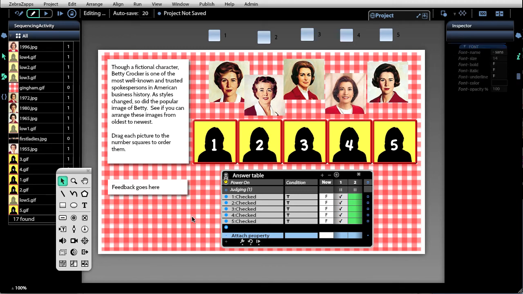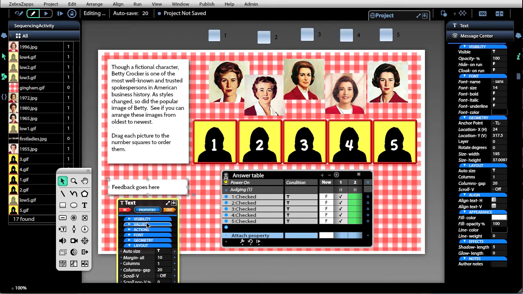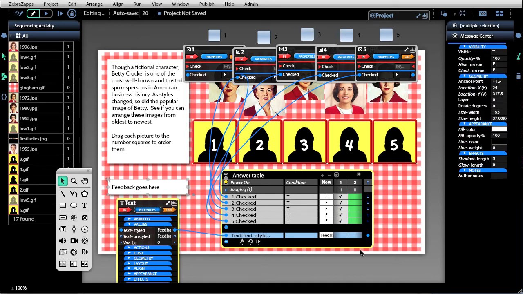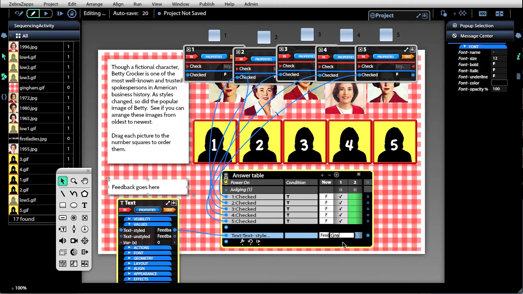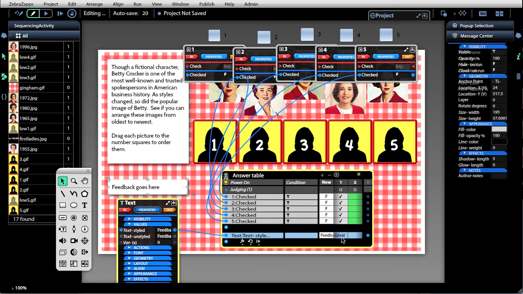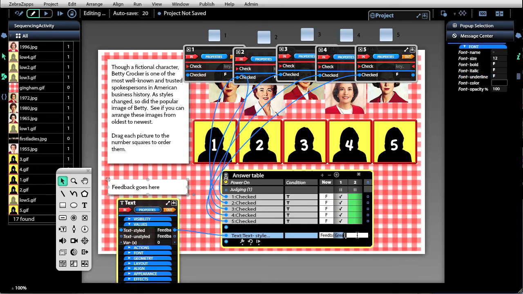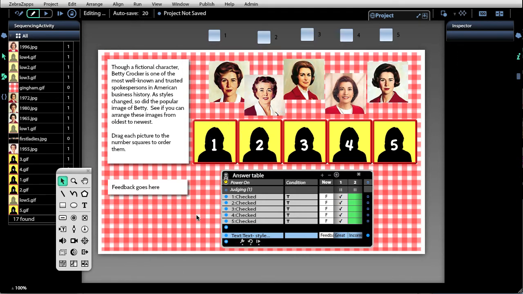And now, based on which column in that answer table we match, either number 1, which is everything's correct, or 2, which is anything else, we want to set the text value. So we're going to link the text styled property on that text object to our value in the answer table. And so in column 1, we want to say great job, or you can type whatever message you like. And in the second column, which is incorrect, type incorrect. Again, you can type however long a statement you want there, but when we match those patterns, it's going to set